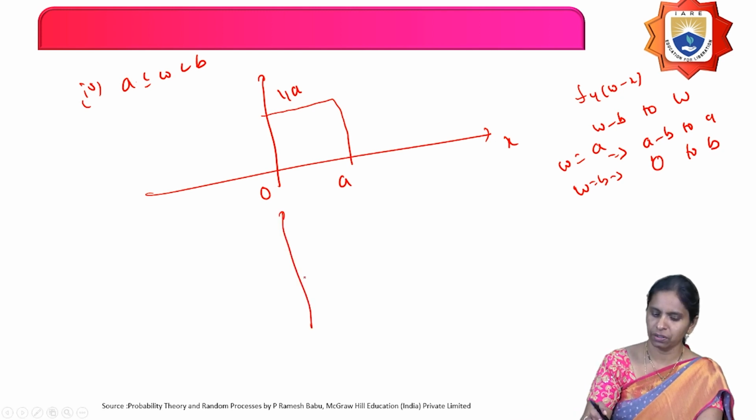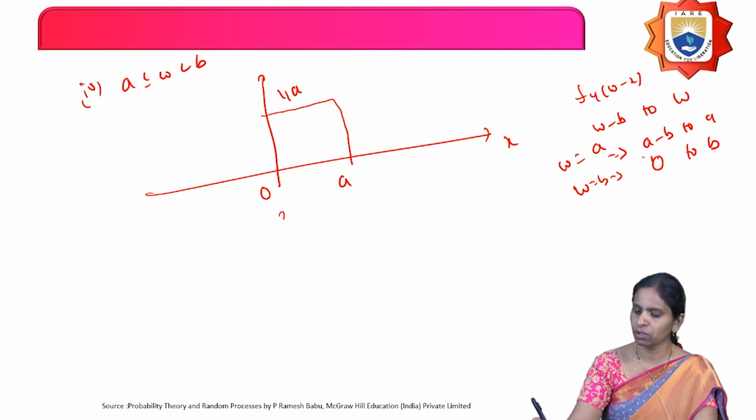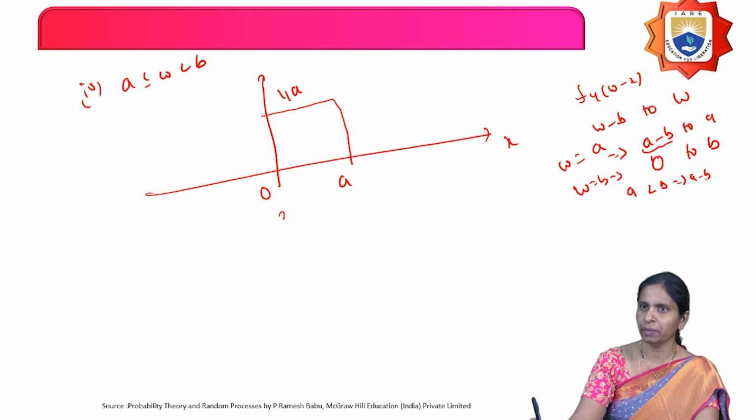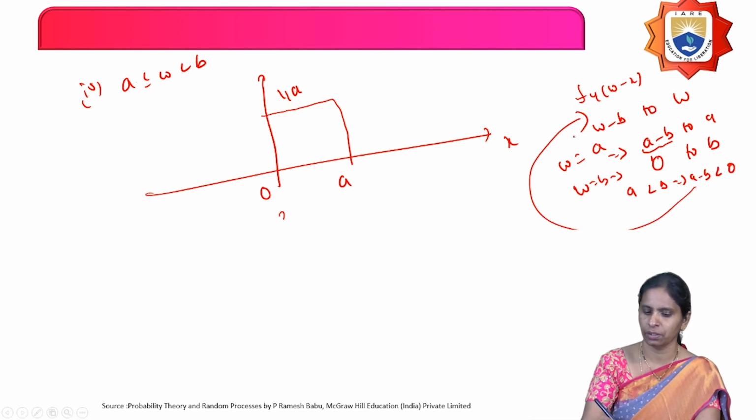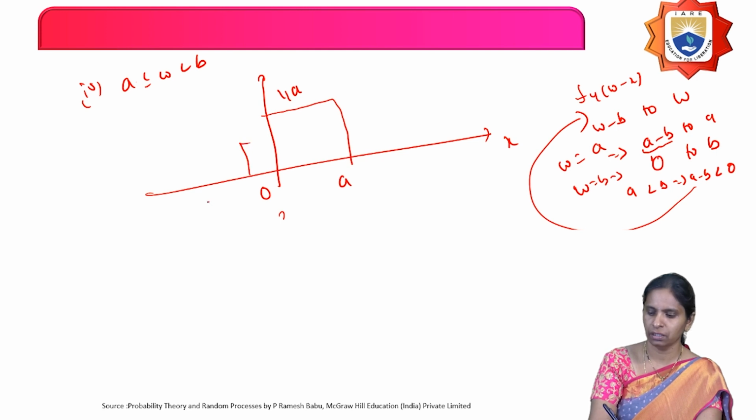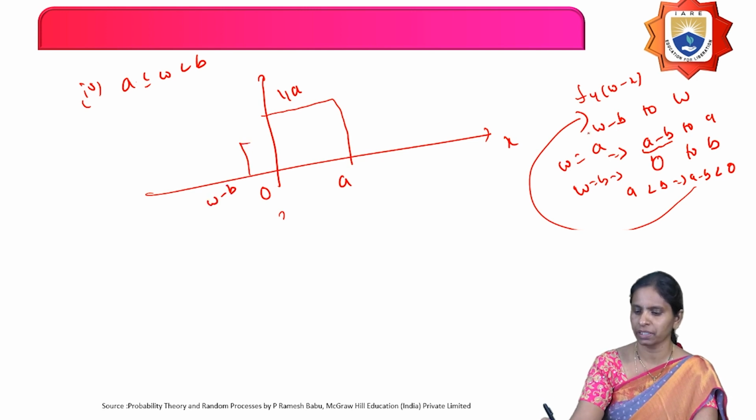Therefore, what do you have to consider here? What is the lower limit? A minus B. But what is the A value? A value is less than B. Therefore, A minus B will be less than 0. Therefore, your lower limit will be less than 0. So, somewhere it is starting. So, the lower limit, nothing but W minus B, will be less than 0, nothing but a negative